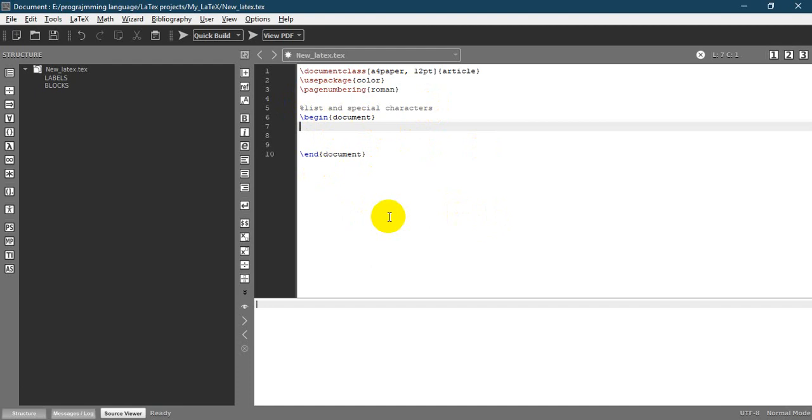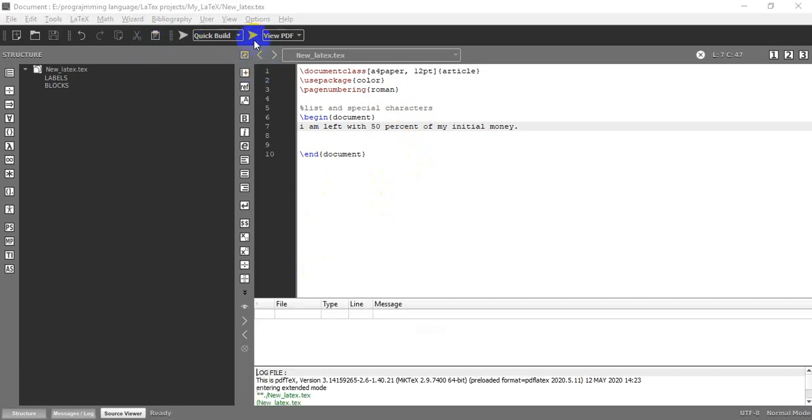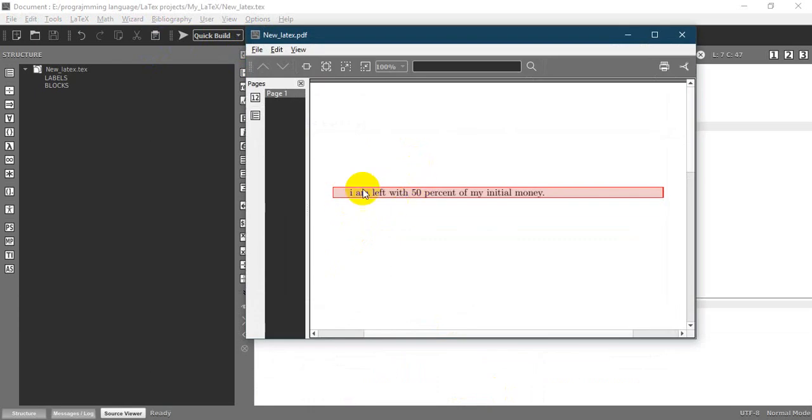Let's say I want to write my money. So I want to write I am left with 50% of my initial money. So now I wish to write percentage with a percent sign. So when I first compile here and then I run, I open, I am left with 50% of my initial